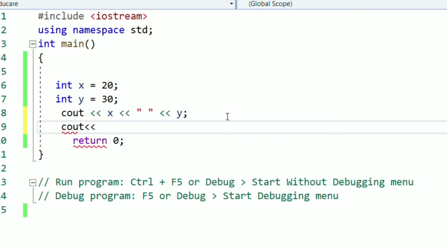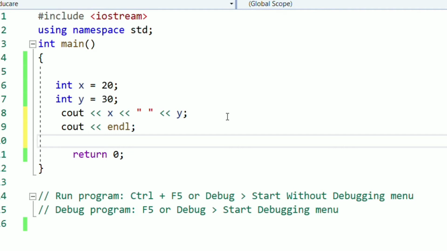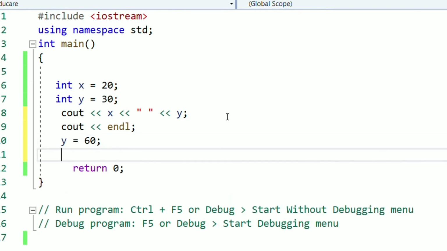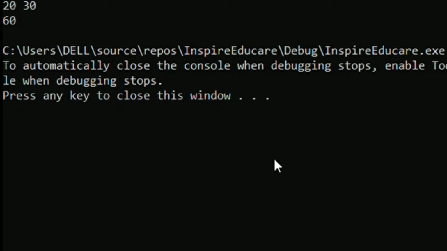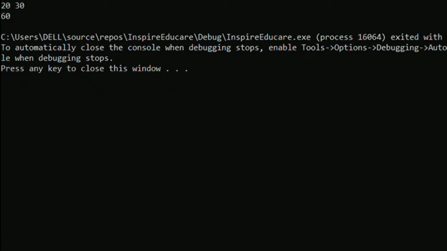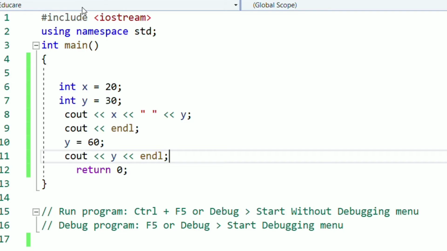As I told you earlier, we can manipulate the values of the variables. Earlier, the value of y was 30. Now what I will do is change its value to 60. अब background में क्या होगा? Cell था y, उसमें value थी 30, but when I rechange it, it will become 60. So after rechanging the value, again I have printed the value of y. Let's run the program and check the output. So now you can see the value of y has been changed to 60.